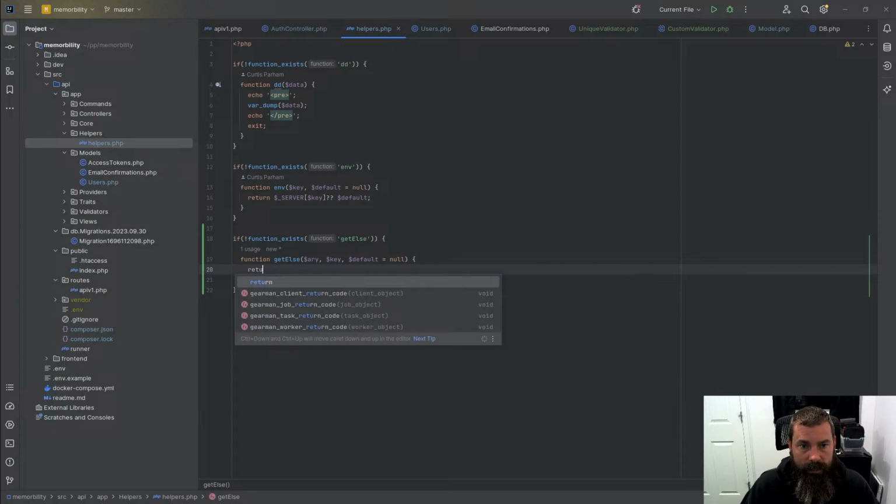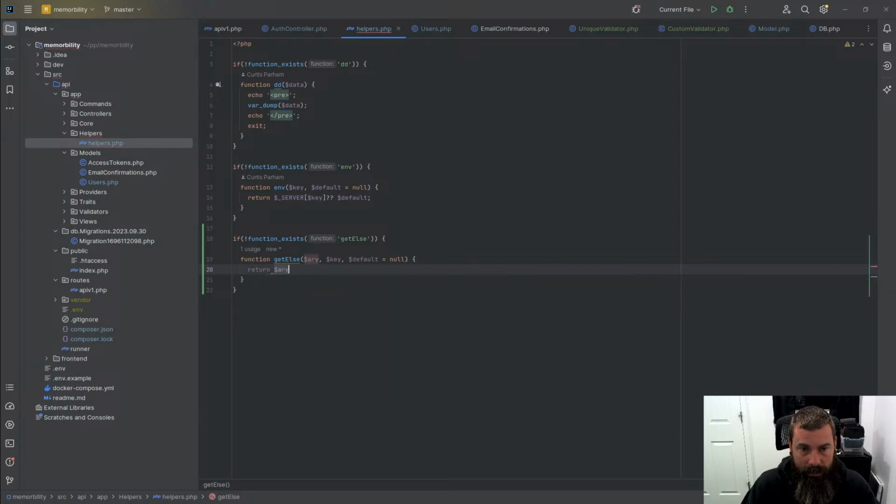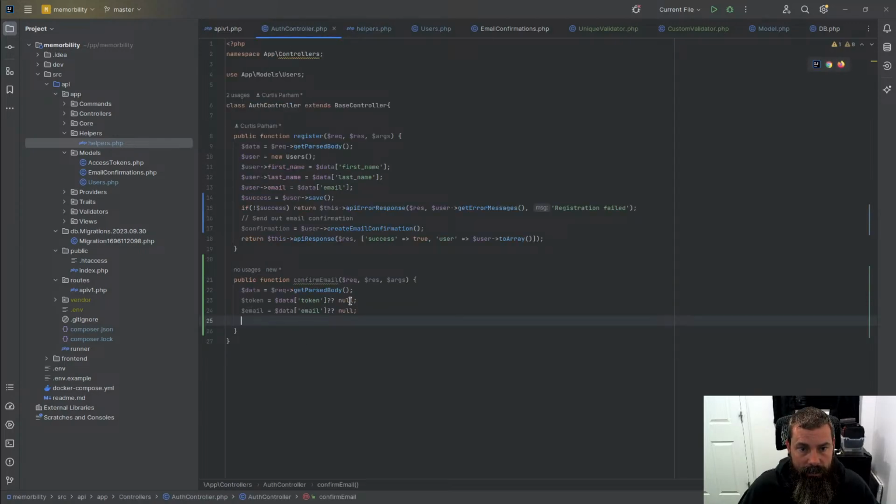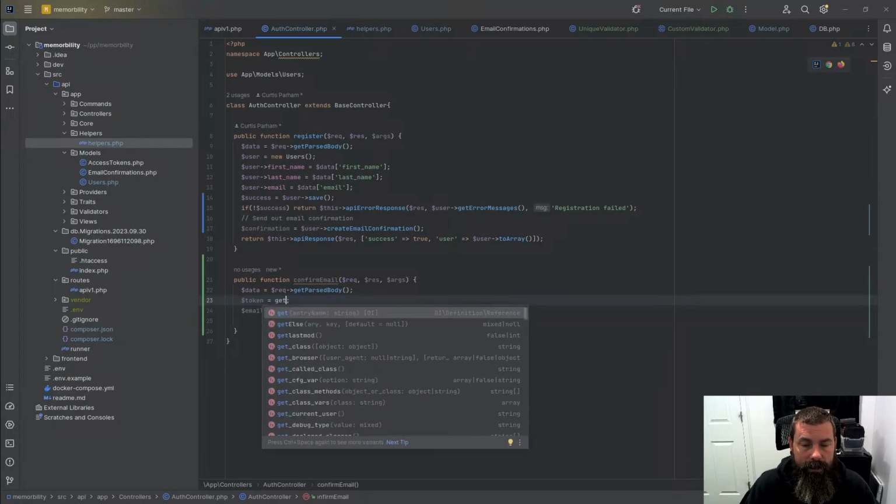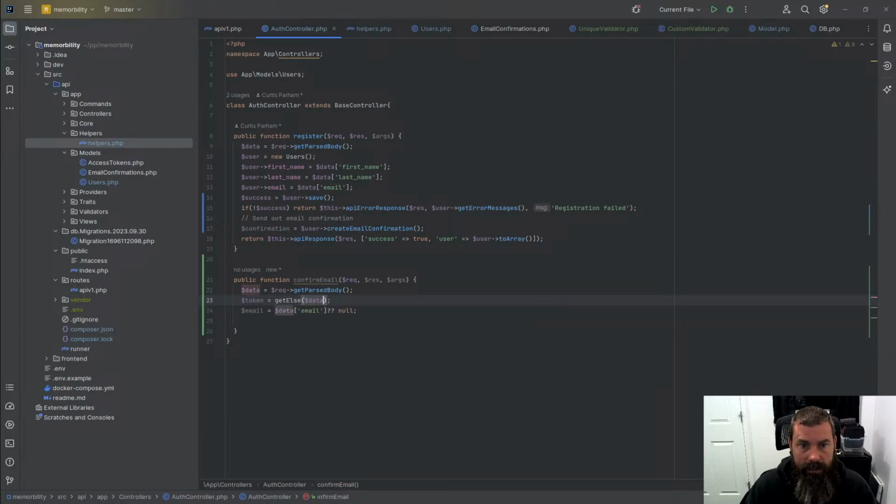And so this will just return array key or default, like that. And then that way here we can just say, it's not much less code, but maybe a little easier to read, get else data token, like that,